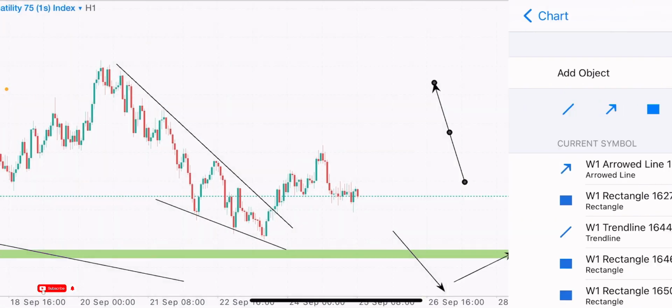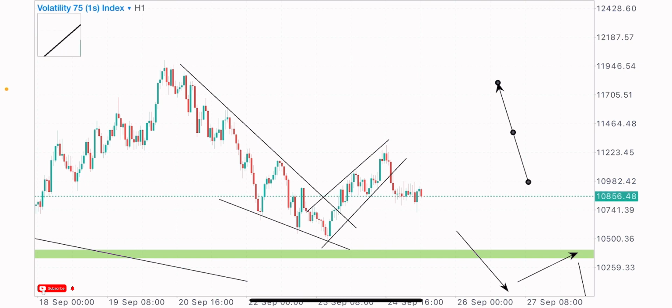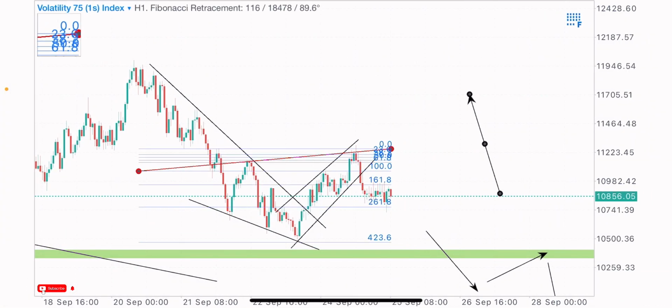Let's always identify the current market trend, no matter how small it is. Always identify them, because they would be a good tool for your price action analysis. So let's identify these trend levels properly. We have a level of support at this point, we have a level of resistance,